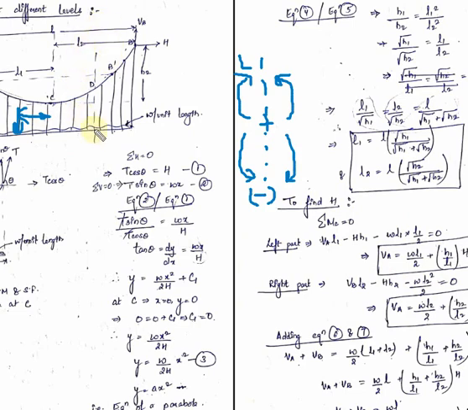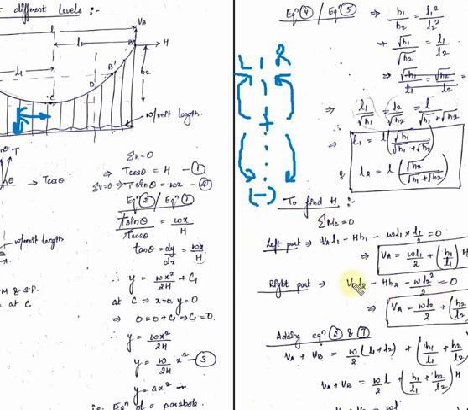Now we will take the right portion of the C part. When we take the right part of the C point, there are also three forces: VB, H and W. The same way we found the equation of movement for the left part, we will find the equation of movement for the right part also. Same sign convention. If the right movement is anti-clockwise, bending moment is positive, and if the right movement is clockwise, the bending moment is negative. By using this sign convention, we will get this equation.